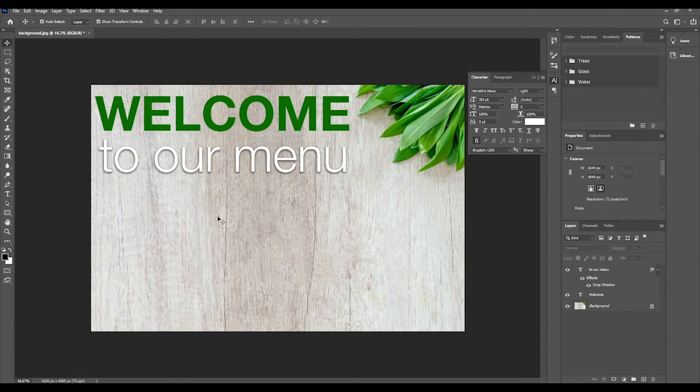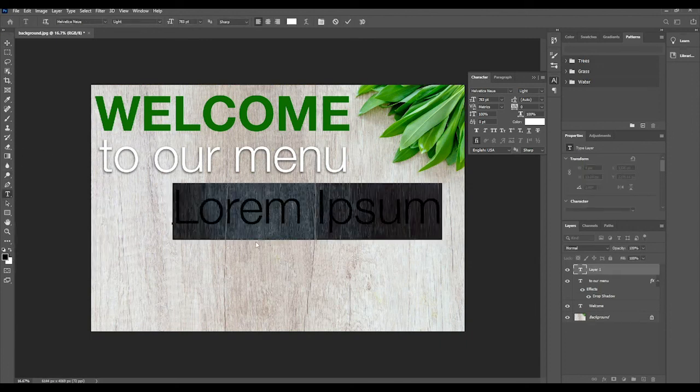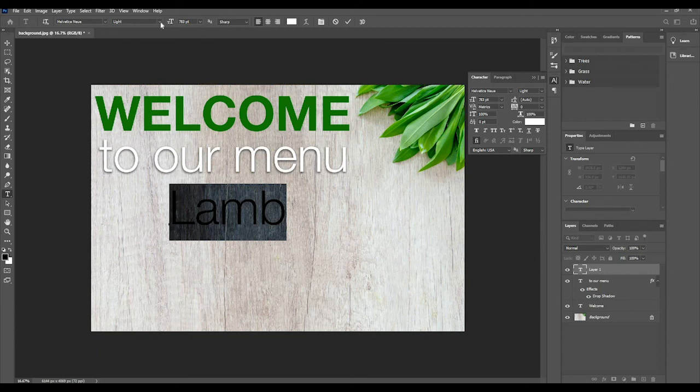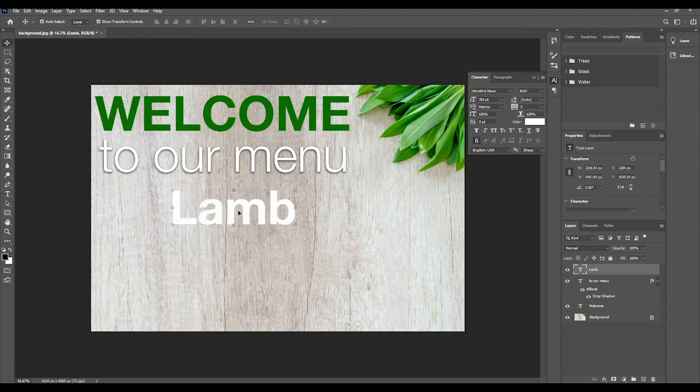So let's continue adding text, and let's see another text effect we could add. Let's type something that's usually on a menu, like lamb, although lamb is terrible. So this is Helvetica again. We could go to bold, and yeah, let's keep it there. And again, we will just put lamb here, and this time, instead of going over and re-adding the same drop shadow,